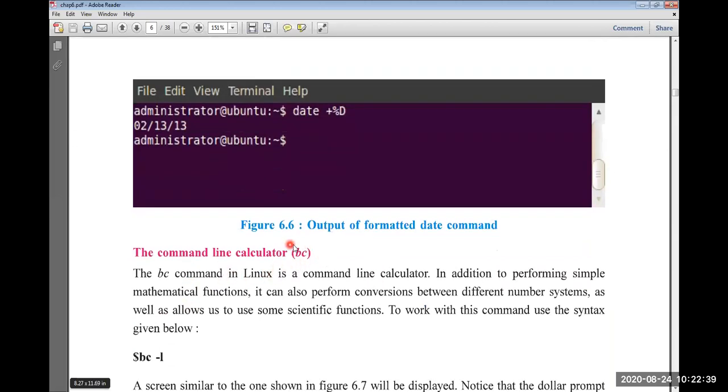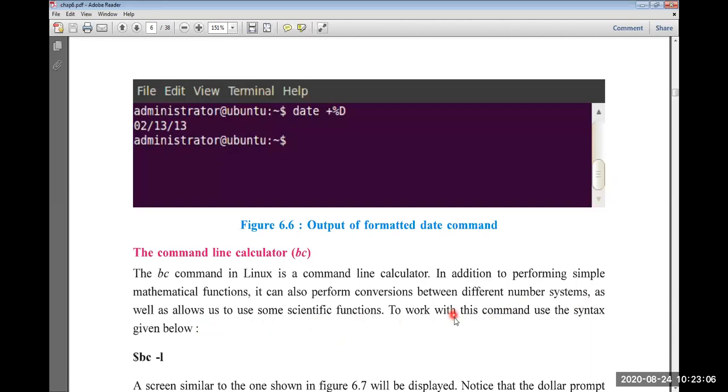The next one is bc. bc stands for basic calculator. The bc command in Linux is a command line calculator. In addition to performing simple mathematical functions, it can also perform conversion between different number systems, as well as allowing us to use some scientific functions.